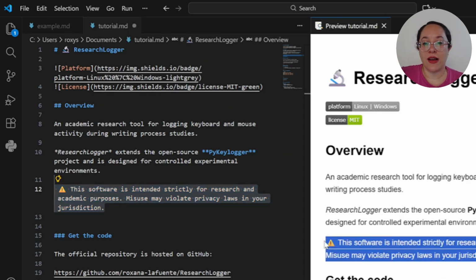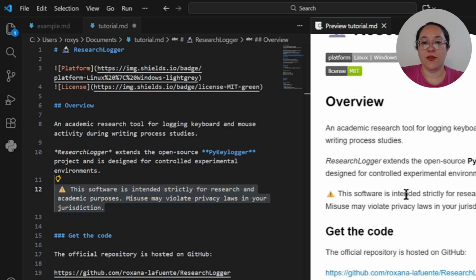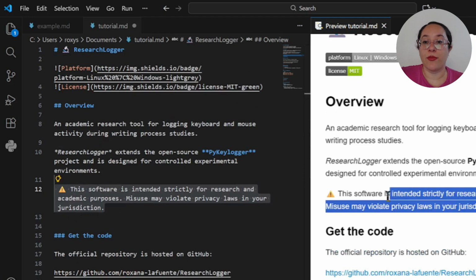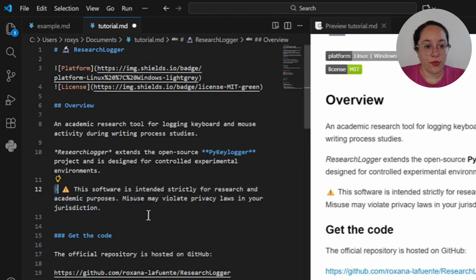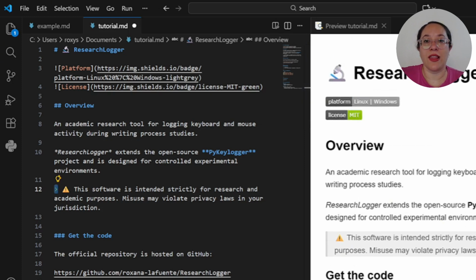Now, if we have it only like this, it is not strong enough. It could be easily skipped and people will not get it, but this is an important message. So what we can use in Markdown is a block quote. By adding this greater than symbol, you see that this turned into something that is visually less likely to